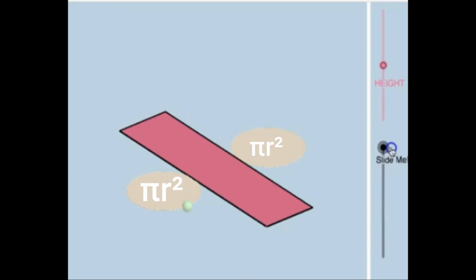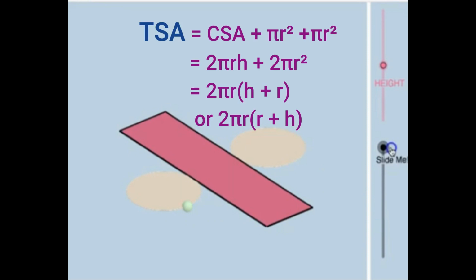So, when we need to find the total surface area, we just need to add it with the curved surface area. So, 2 pi r h plus 2 pi r square is equal to the total surface area of the cylinder. Here you can take 2 pi r common. So, if you take 2 pi r common, in the bracket we shall have h plus r. So, we can also write it 2 pi r into r plus h. So, that is the total surface area.